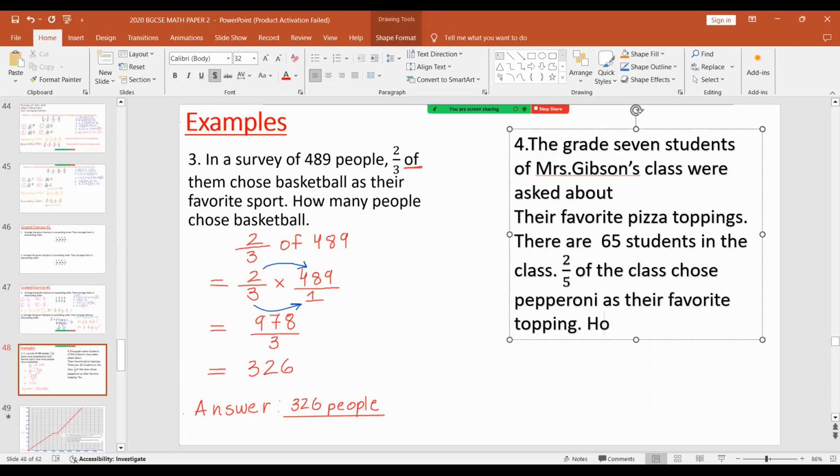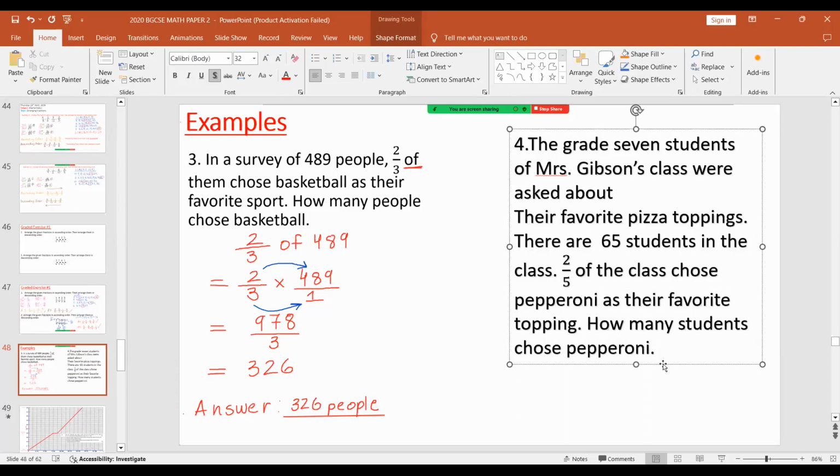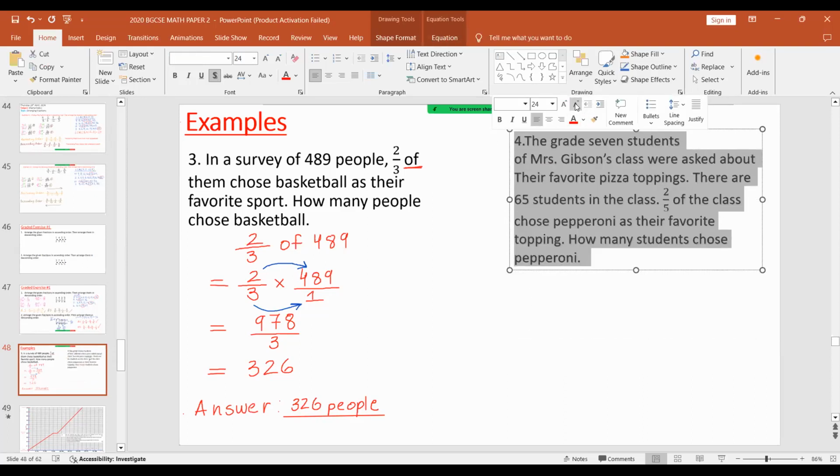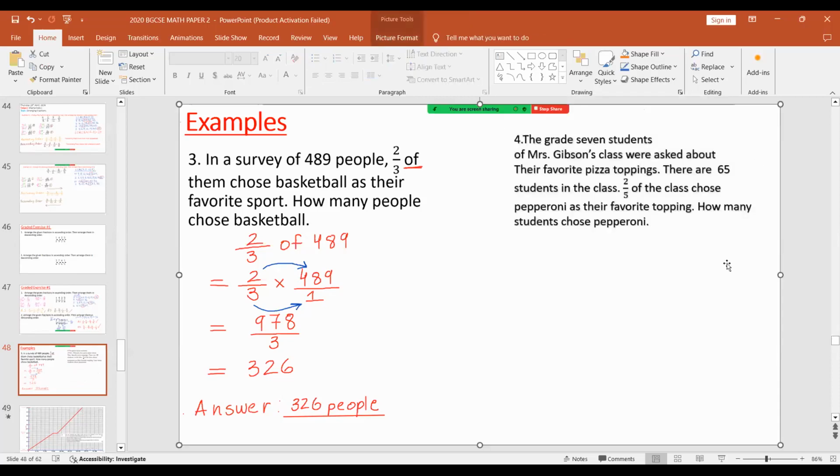Question is, how many students chose pepperoni? So the question says that the grade 7 students of Miss Gibson's class were asked about their favorite